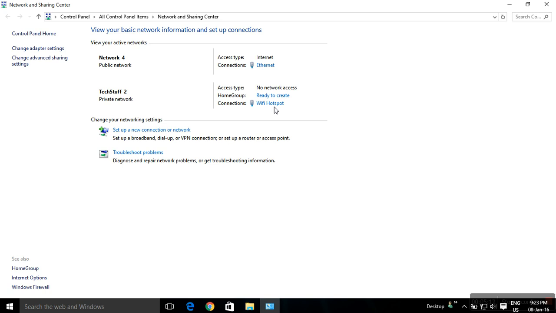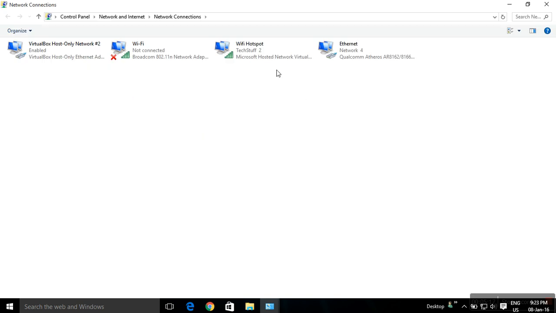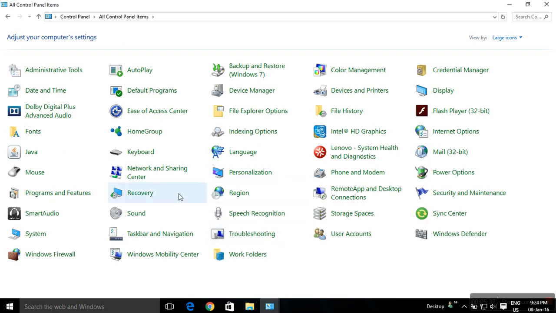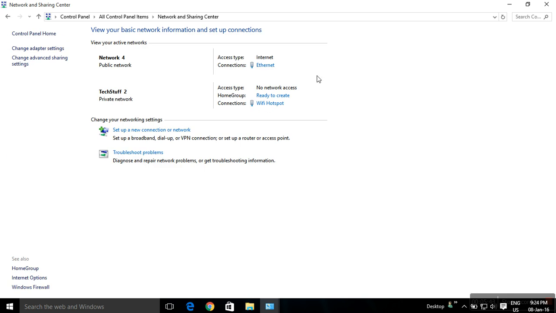If you want to change it, you can go to change adapter settings and just select this by clicking once, and you can rename this. Now to reach the network and sharing center another way, you just have to go to control panel. When you reach control panel, you can see this icon which says network and sharing center. Just click it and you will end up on this screen again.